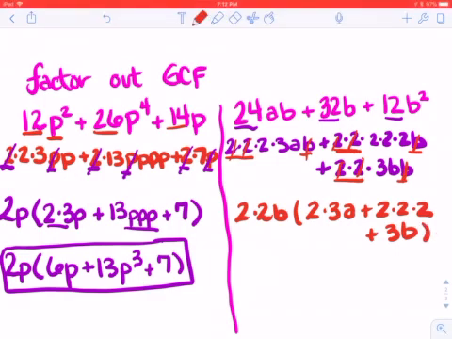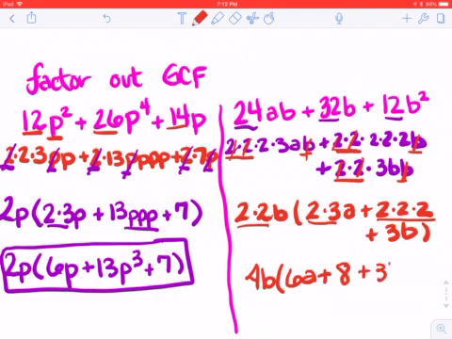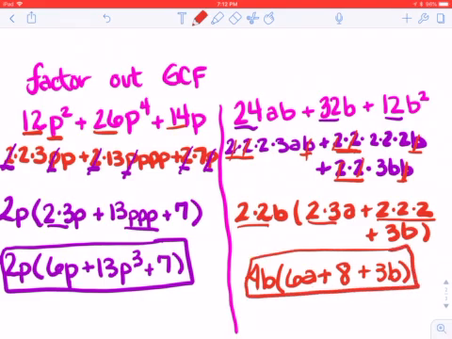Okay, now I'm going to go through and just multiply stuff out. So in the front, 2 times 2 is going to be 4, so it's going to be 4b. Here I have 2 and 3, which is going to be 6, and the a goes after that. 2 times 2 times 2 is going to give me 8. And then 3b. Okay, go over your